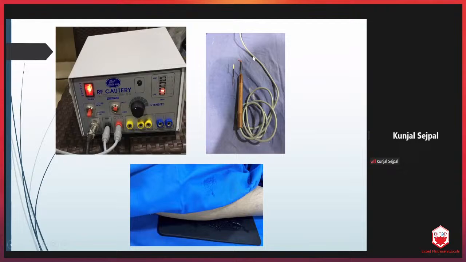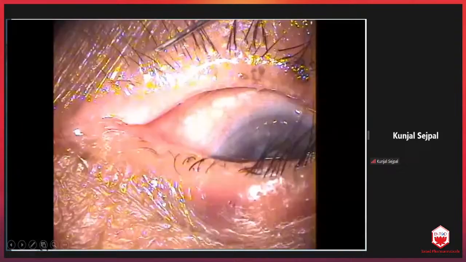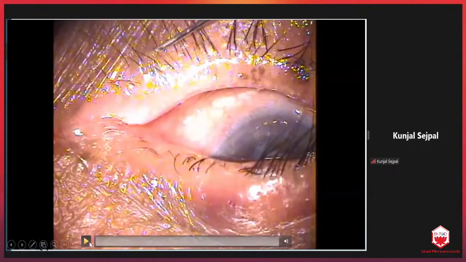You can take the finest tip which is available, and you have to make sure that the cautery settings are put to the lowest, and you have to keep the cutting off and only the coagulation on. You have to complete the circuit by putting the diathermy pad below the patient's thigh with jelly. And then you have to start with the local infiltration.